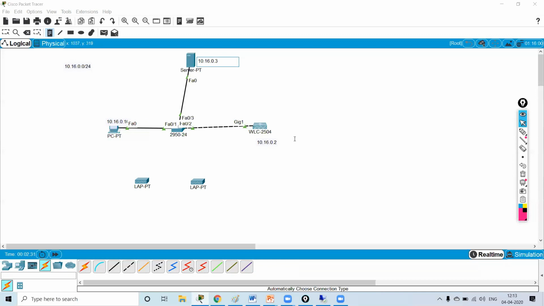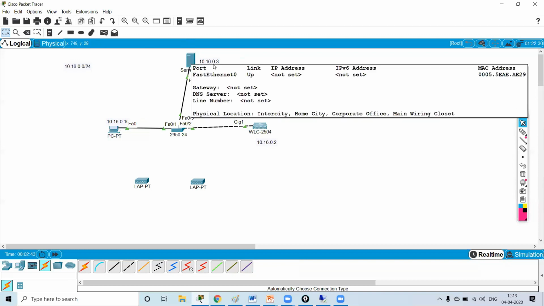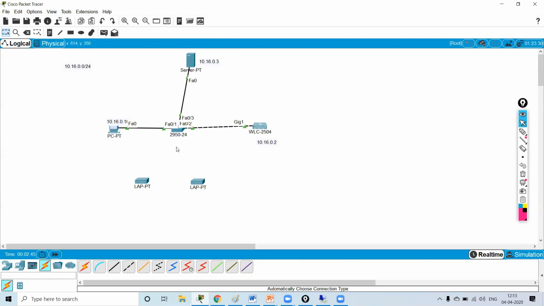The APs will get their IP addresses from the WLC. The server is my DHCP server. I will configure this as a DHCP server. This DHCP server will give the IP address to the WLC, and the WLC will then provide the IP addressing to these APs.